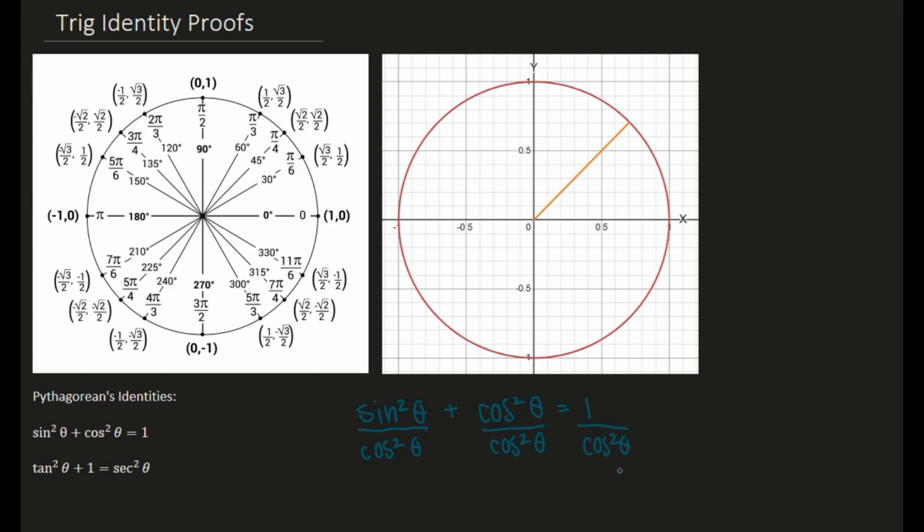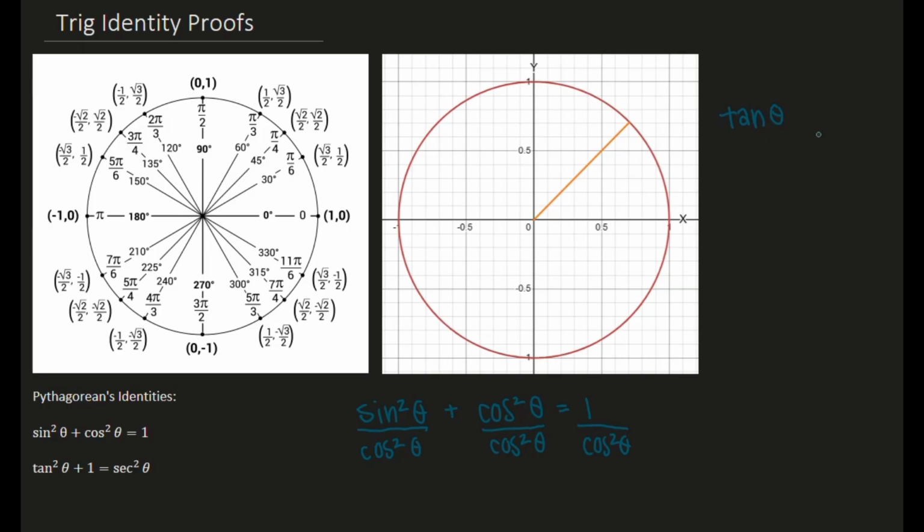Okay, and sine over cosine is tangent. So let's take a moment real quick just to show that those two things are equivalent. So the tangent of theta, if you're thinking SOHCAHTOA, TOA, tangent is the